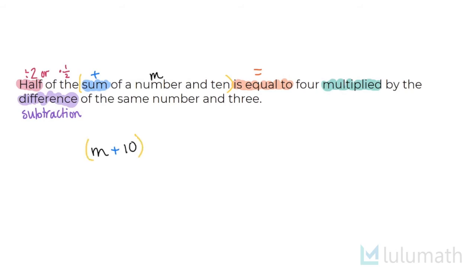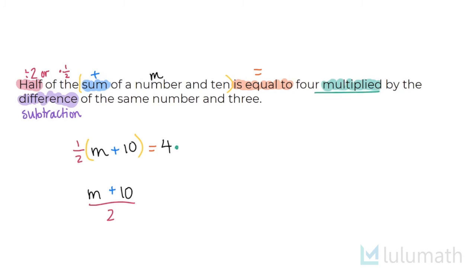And then I'm going to take half of this amount. So I have 2 options to write this out. I could either write 1/2 multiplied by all of m plus 10, or I could take this m plus 10 and divide it by 2. And here I have invisible brackets to imply that I have this m plus 10 all together. All right, let's keep going. And then the next thing we have here is equal to. So we'll put equals. And then it says 4